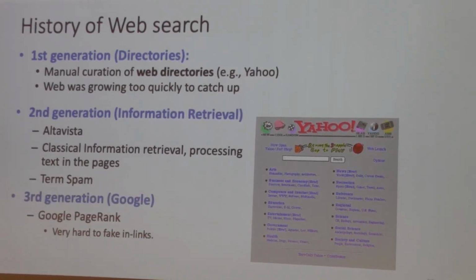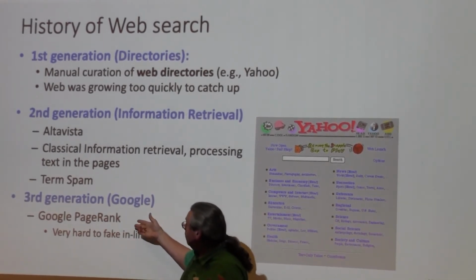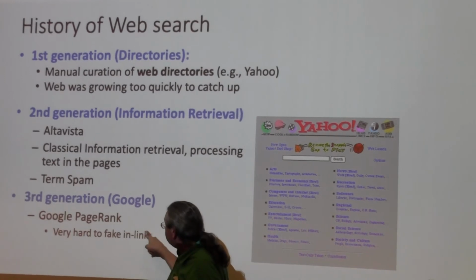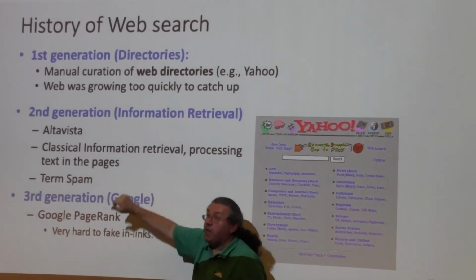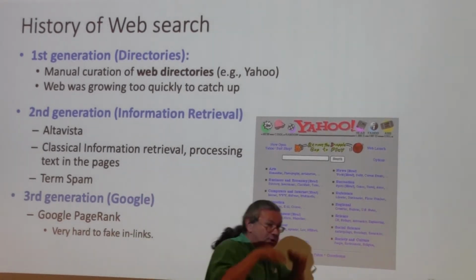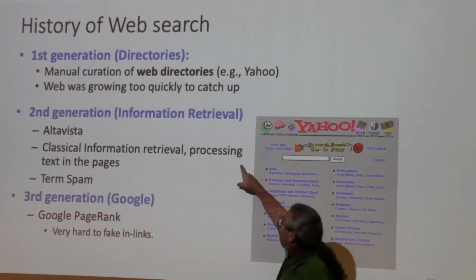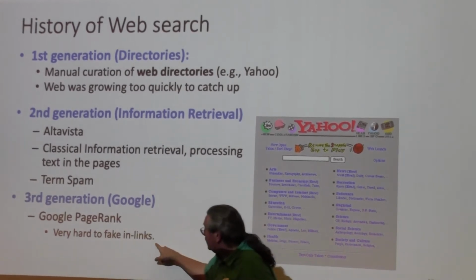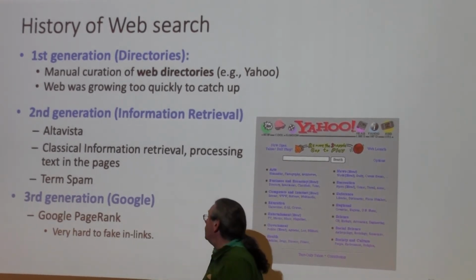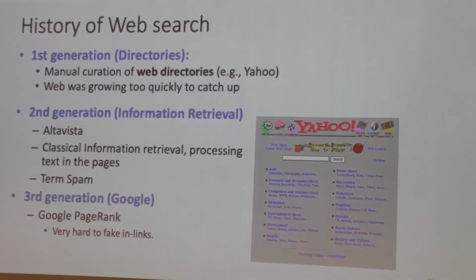And then Google invented PageRank, which was completely automatic, but it was able to figure out the importance. And it's based on inlinks, not on the text in the pages. See, it's very easy to cheat with text on pages. You just put anything you want. You could say, this is the world's best page. But you cannot fake inlinks, or it's not so easy, because it's other people pointing to you. So PageRank is based on inlinks, so it was much harder to fake.